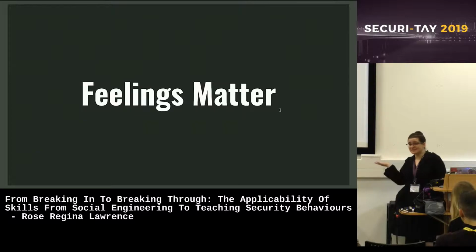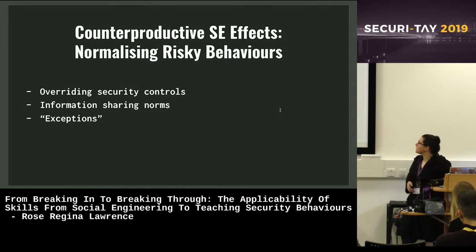So basically, feelings matter. Feelings matter a whole lot. And they matter not just for the people you're training or teaching, but they also matter for yourself. There are a few really counterproductive effects of using standard social engineering, where you're just like, I know